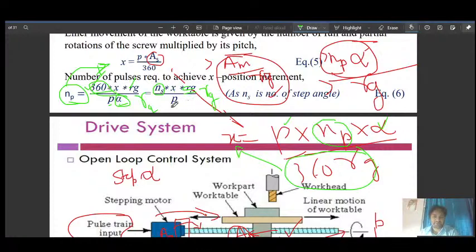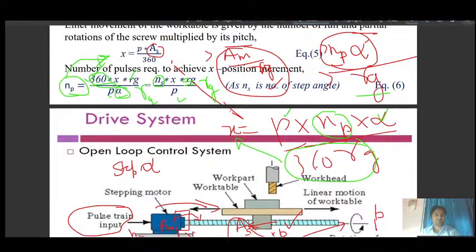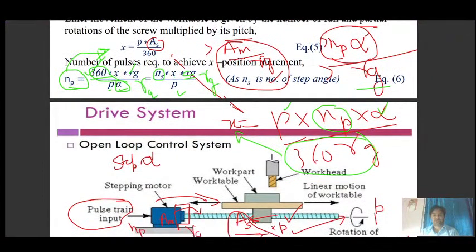So RG by P. So here we have this value, equation number 6. So from here onwards I will discuss in the next class. Okay, thank you. If you have any query you can